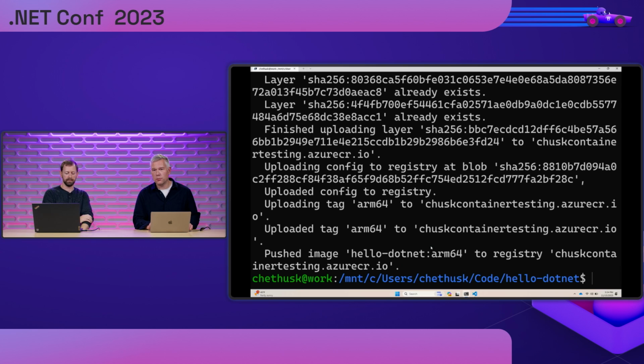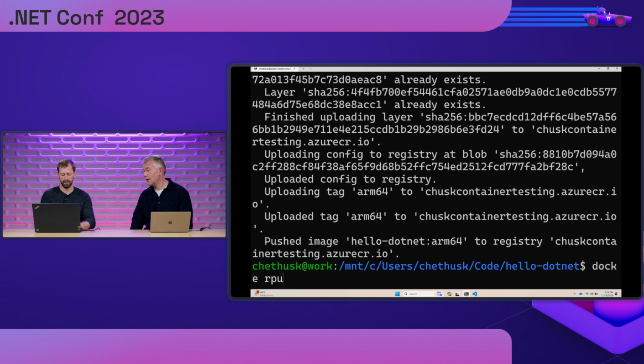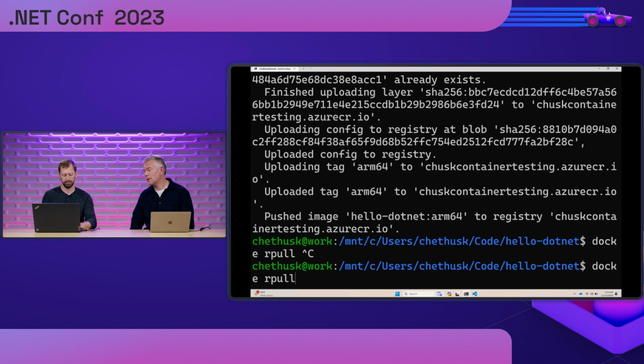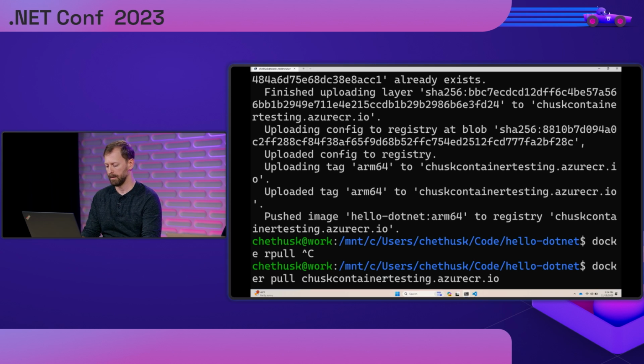So what we could do while we're waiting is, well, actually, you could pull it. Yeah, absolutely. You could pull it. It won't quite do the exact same thing because we're going to rely on emulation again. But we could just at least demonstrate. So this will work for me because I'm authenticated. It would work for Rich because I've previously set up my Azure Container registry to allow anonymous pull. So if we pull this and we go hello.net